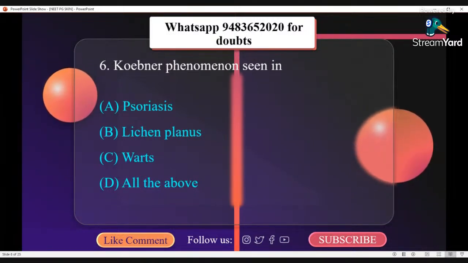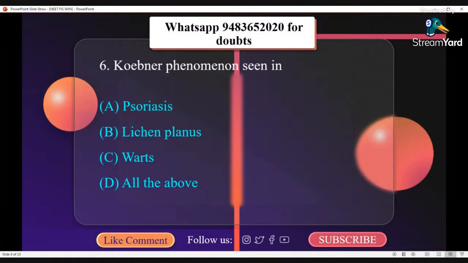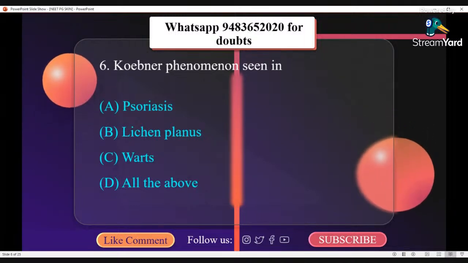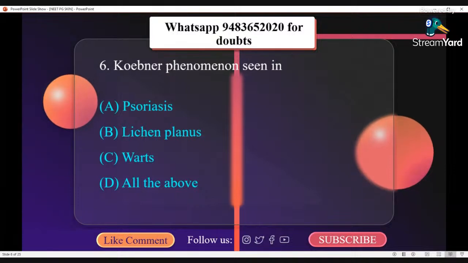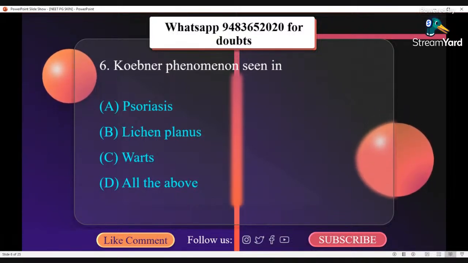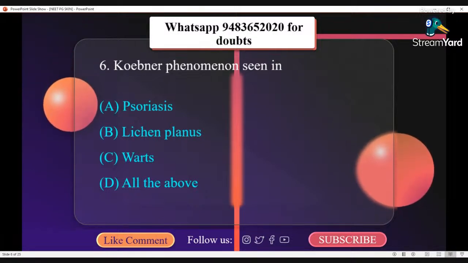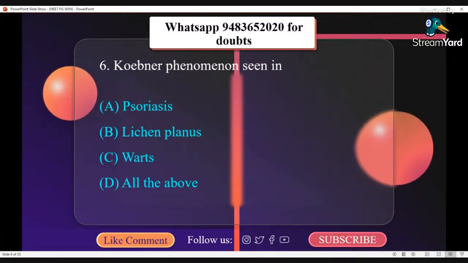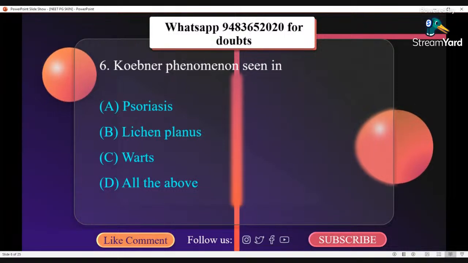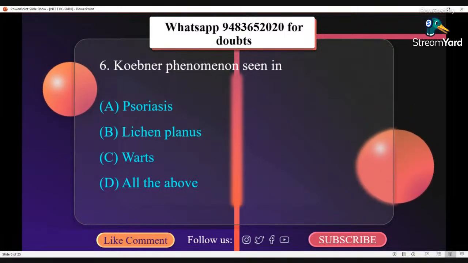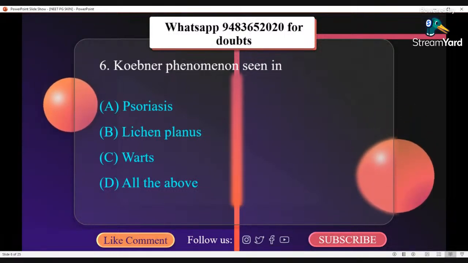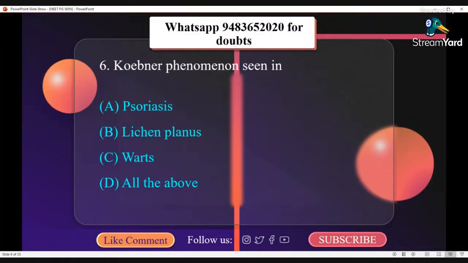So Koebner's phenomenon is seen in vitiligo, psoriasis, lichen planus, pityriasis rubra pilaris, flat warts, lichen nitidus, lichen sclerosus, elastosis